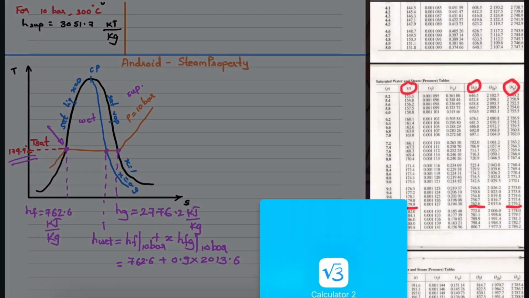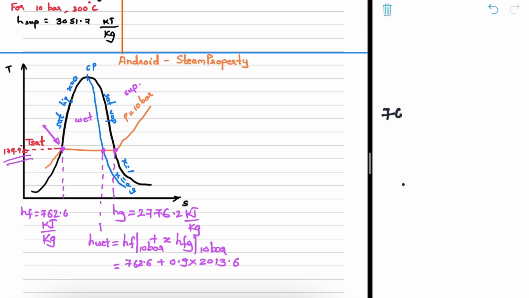So let me calculate the value: 762.6 plus 0.9 multiplied by 2013.6. This comes out to be 2574.84 kilojoule per kg.